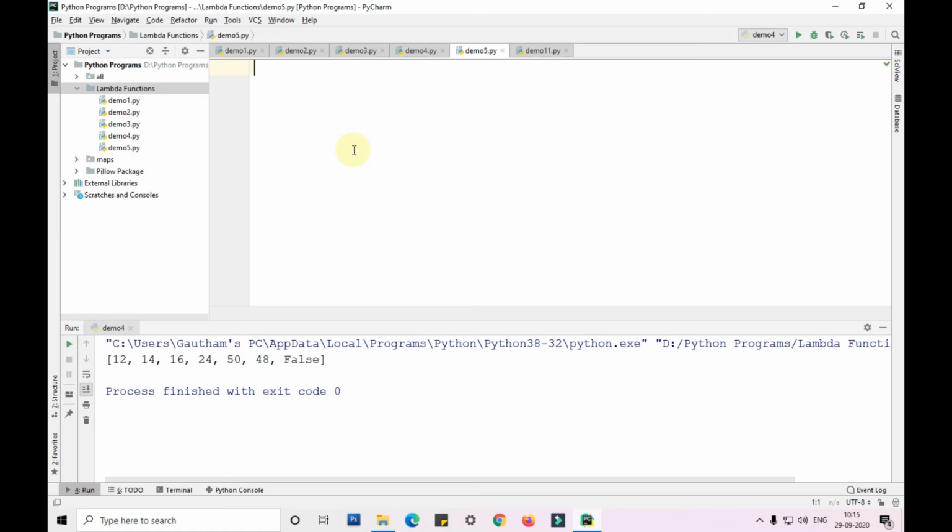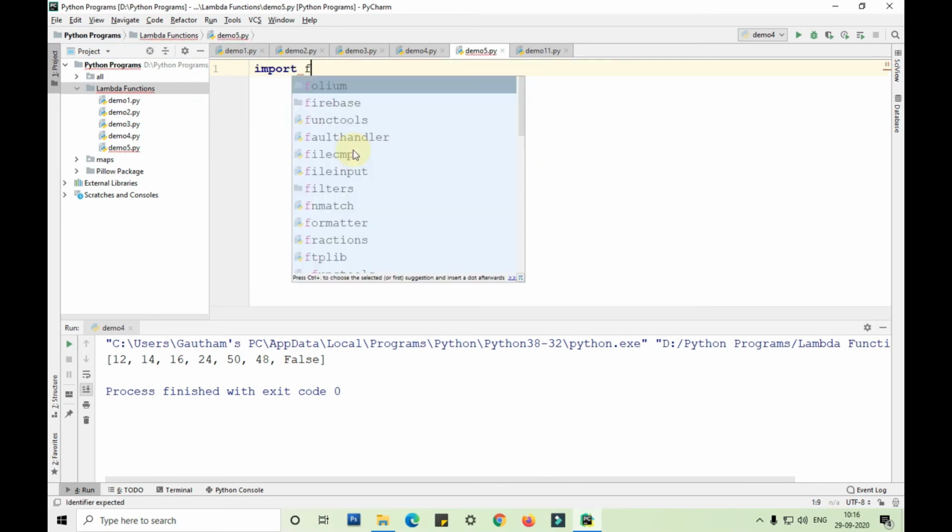So now we'll see about the reduce function. What is the reduce function? The reduce function, similarly as you have seen with the map function and the filter function, takes one function and iterables. Similarly, this reduce function takes a function and a list as input, and it will try to reduce that as much as possible. It will return the reduced value to us. Okay. So this is a part of the functools module, guys. So we need to import that module.